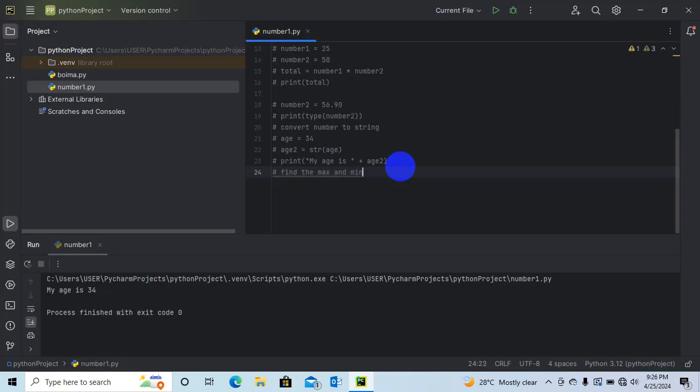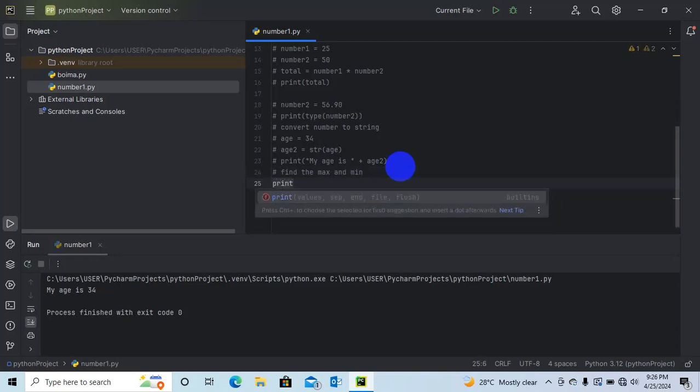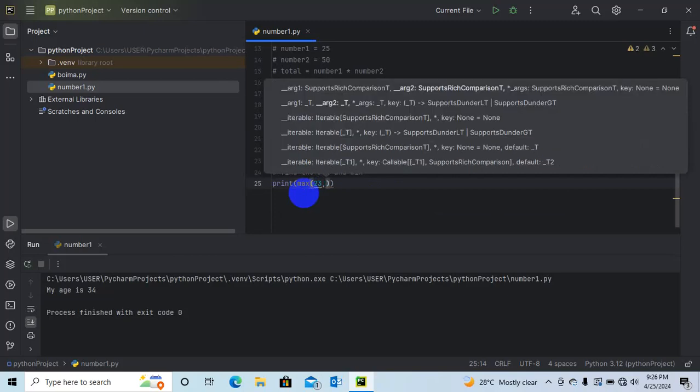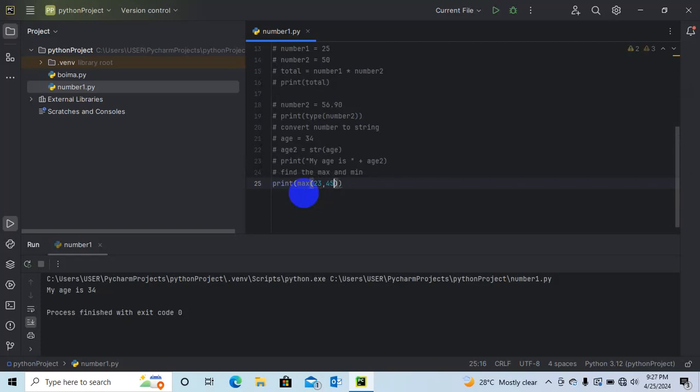Then we say print maximum. Maximum is the highest, and we'll put the numbers there. We'll put 23, and we'll also put 45. Now we know that 45 is the highest between them. When we save it, it will give us 45. So you see, 45 is the highest.